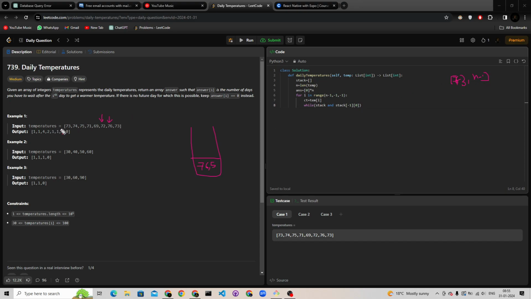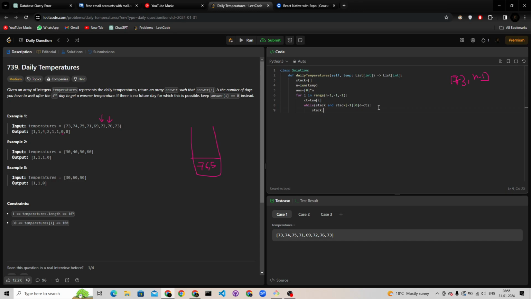I don't know what's the value of n, but hope you understand. That's why we are comparing the 0th index here, because that contains the value. So if this is smaller than or equal to our current element, that is CT, then what we do,